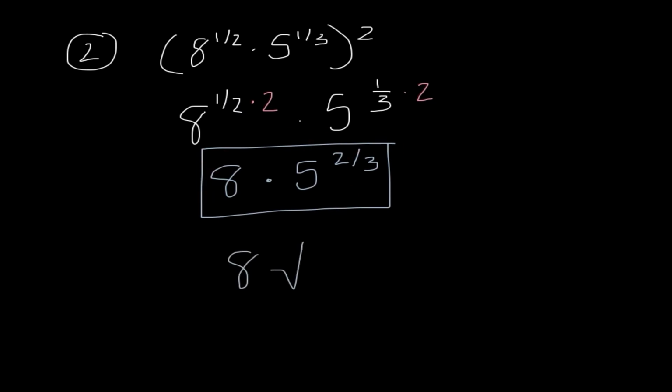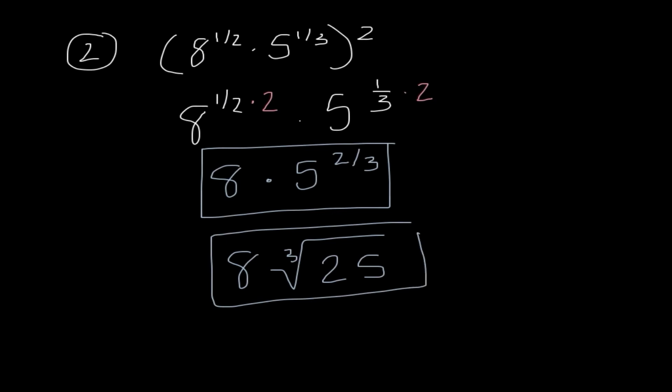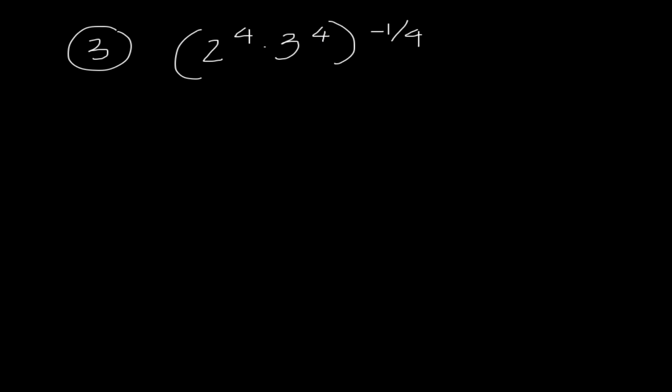The other answers that would be correct would be 8 times the cube root of 25, or we could write it 8 times the quantity cube root of 5 squared. Okay, I would probably write either of these two answers if I was the person doing the homework. Number 3 is going to teach us something kind of important because this time, looking inside my parentheses, once again,